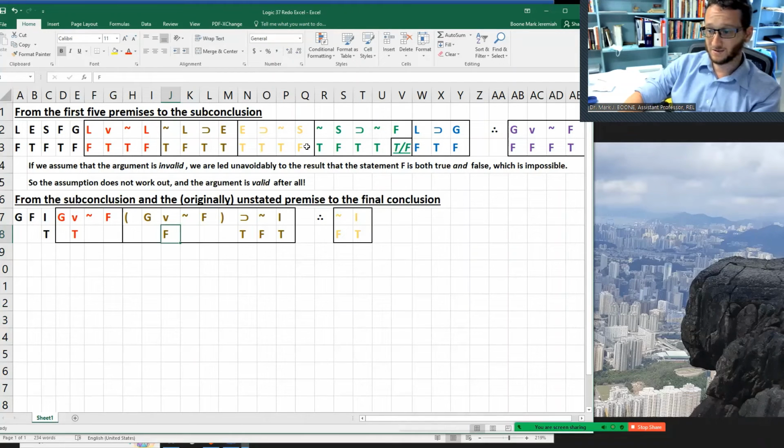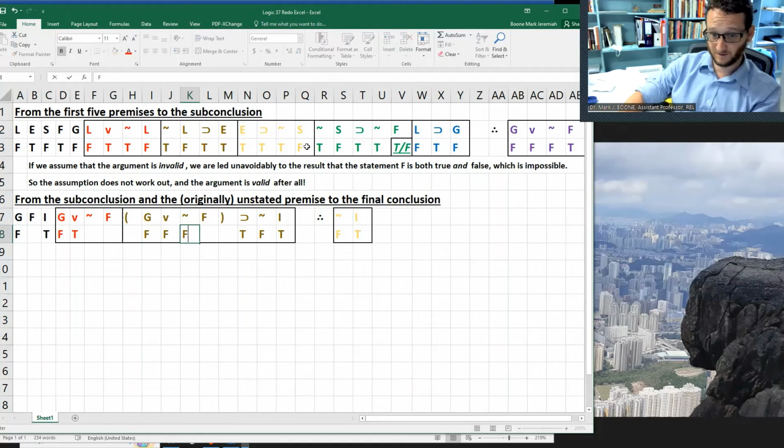If the then clause is false and the if-then statement is true, then the if statement must be false. If it's true that if X then Y, and Y is false, X must also be false. That's the principle here. And if an either-or statement is false, both sides of it have to be false. So that tells us now that G is false